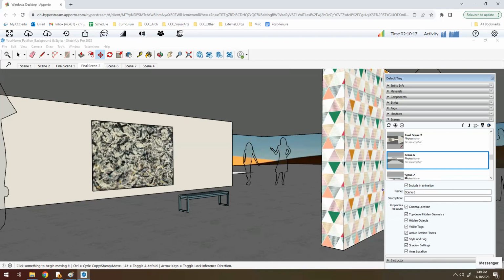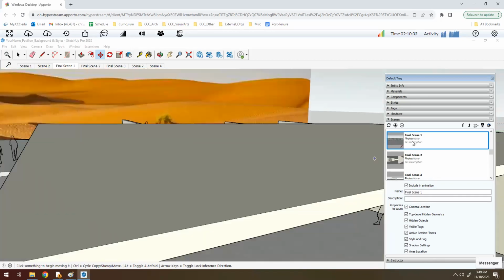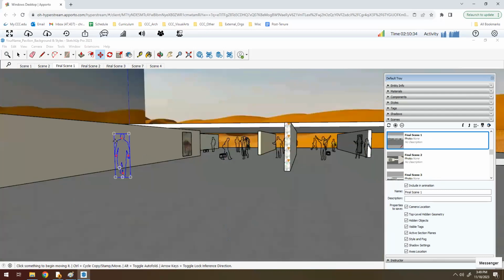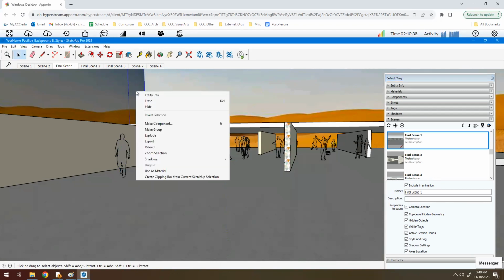And then number 6 will be Final Scene 3. So now they should be, I don't know if they'll rearrange themselves alphabetically or what. Okay. And when you get ready to export these images, you may need to hide